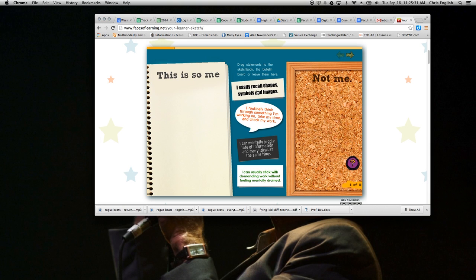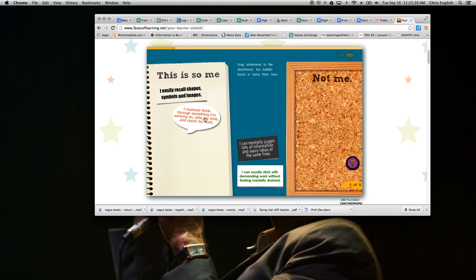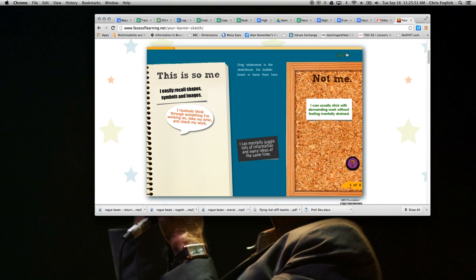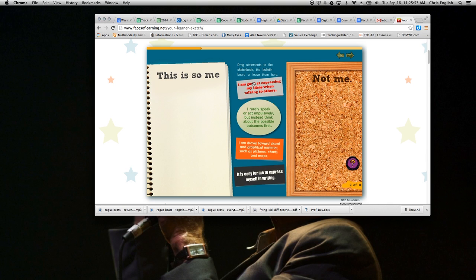I easily recall shapes, symbols, and images. I feel like that represents me, so I'm going to stick it there. I think through things, working on taking my time, check my work. I think that fits. I can mentally juggle lots of information and many ideas at the same time. I'm just going to leave that in the middle. I can usually stick with demanding work without feeling mentally tired. That's not really... So anyway, you see the student will just kind of walk through these